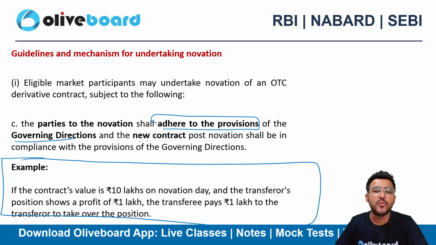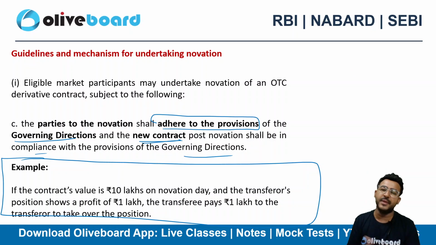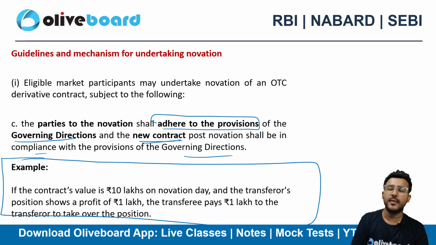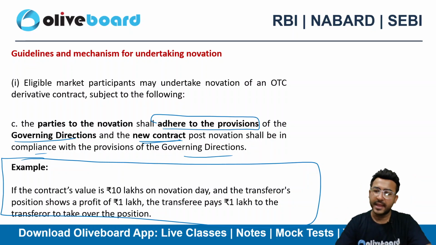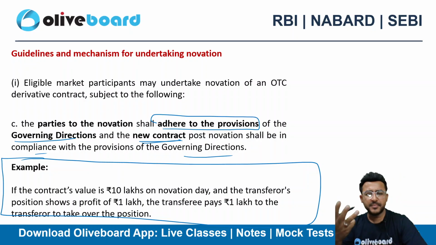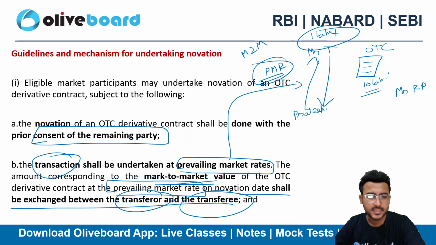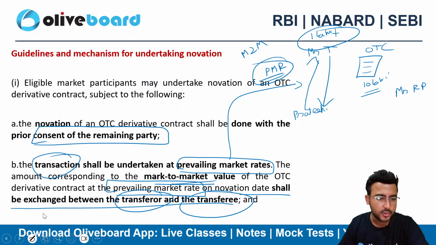Plus, the new contract should also be in compliance with the governing directions. जो नया contract होने जा रहा है मेरे और आरपी के बीच में, remaining party के बीच में, वो भी directions को comply करेगा, ठीक है। तो 3 सिंपल सी चीजें यार। सबसे पहले तो consent ले लो, ठीक है। सबसे पहले क्या ले लो, take consent